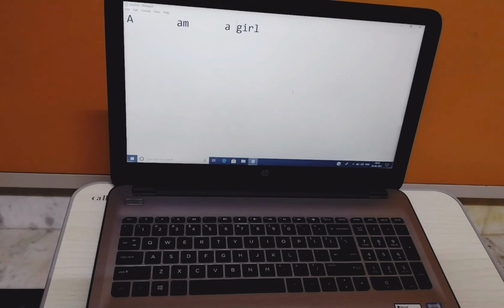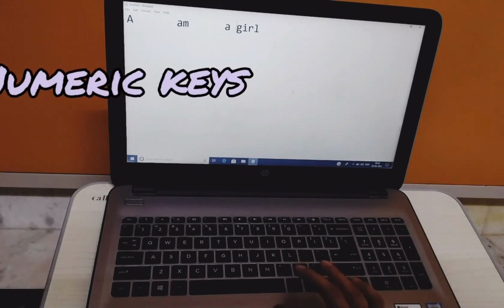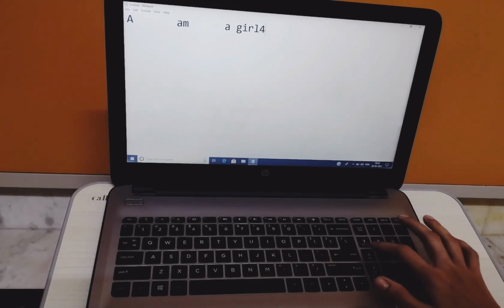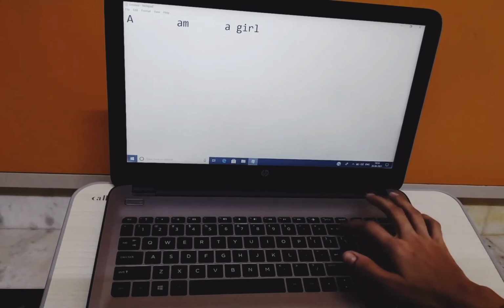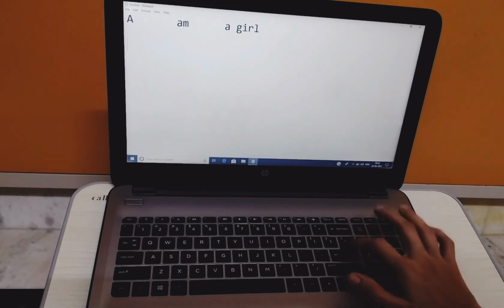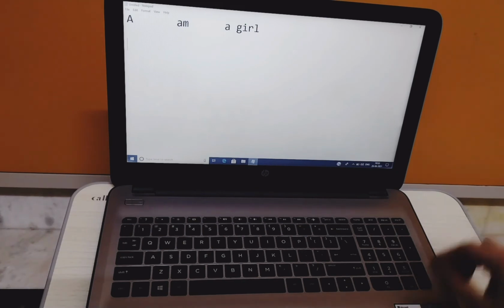Okay. Next, these are the numeric keys. You can write numbers with the help of numeric keys, 4, 5, 6, 1. Okay. I'm going to show you. Wait. Now my cursor is down. I press the enter button. It came down. I want to add something. So I am going to write 4.